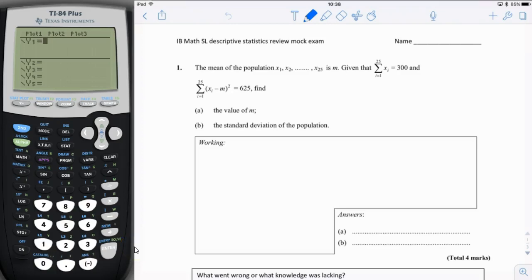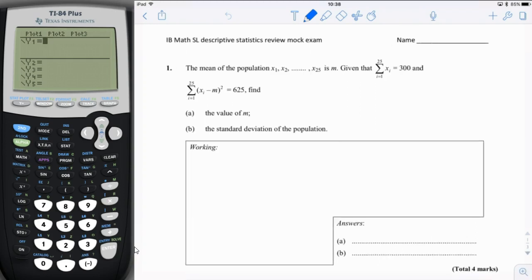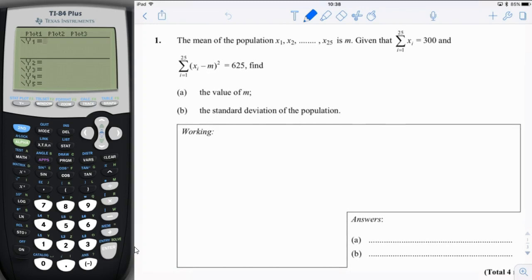This is the solution for the mock exam on descriptive statistics. Number 1, the mean of a population, x1, x2, and so on up to x25, is m. Given that this expression is 300 and this expression is 625, find the value of m and the standard deviation